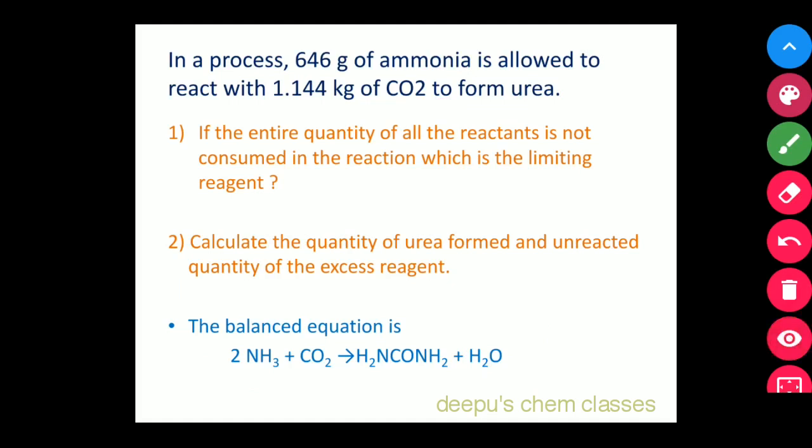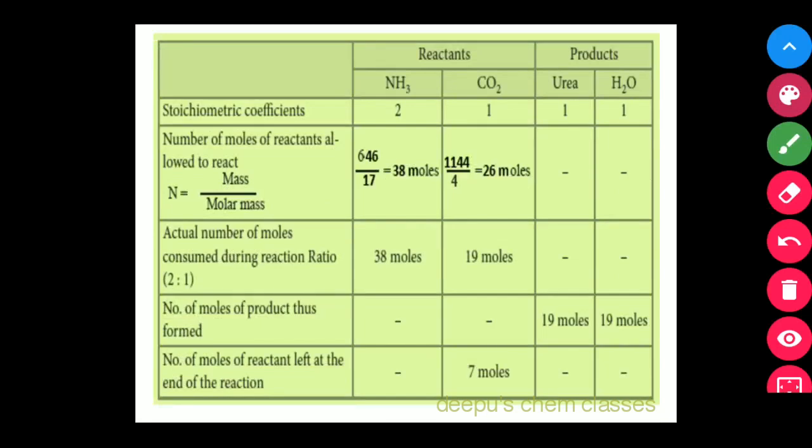Okay, so from this balanced equation, let us write what observations we can make, as a tabular column. We are just going to write it down as a tabular column. So let us see the next one, the tabulation about the balanced equation. Let us write the stoichiometric coefficients of the equation. From the balanced equation, we know the stoichiometric coefficient of ammonia is 2, carbon dioxide is 1. Then on the product side, for urea the stoichiometric coefficient is 1, and water it is 1. Then let us convert them into moles. We can also take them as moles.